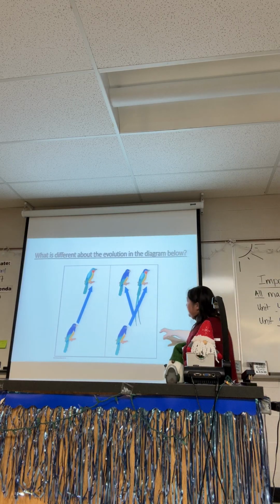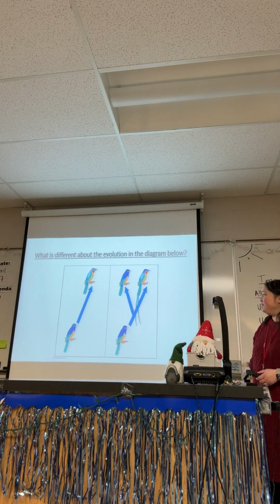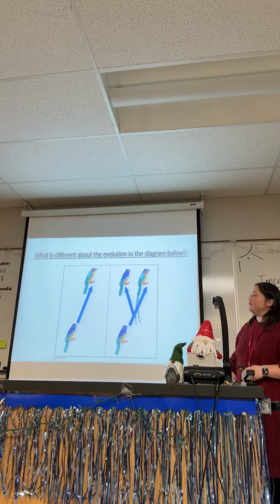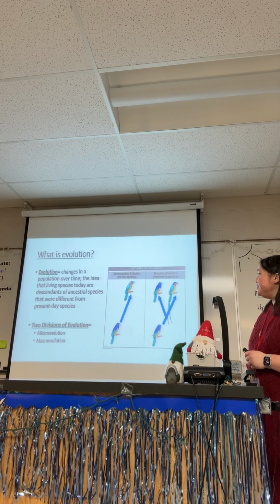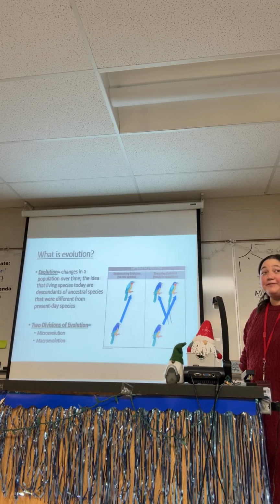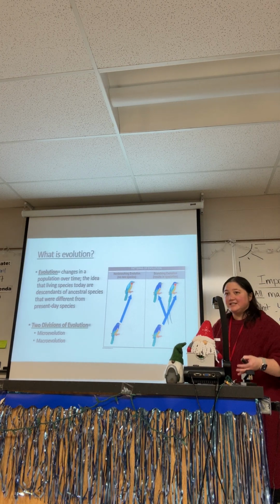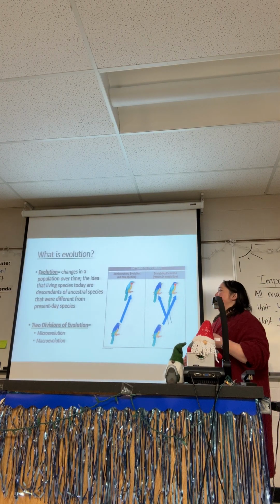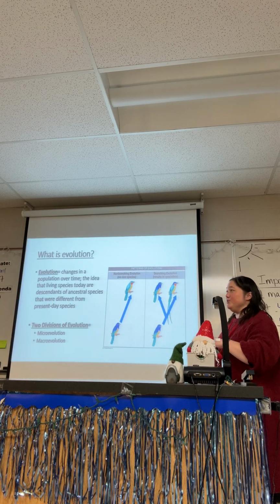Just looking at even between this change and this change here, we can see that, like you said, the tail is longer. There are some features that we notice that are not quite the same. So evolution, when we're looking at the definition of evolution, we're looking at changes in a population over time. And the big key thing that we want to take from that is that everything that's living today had to have come from some sort of ancestral species, and that those ancestral species are different from all of the present-day